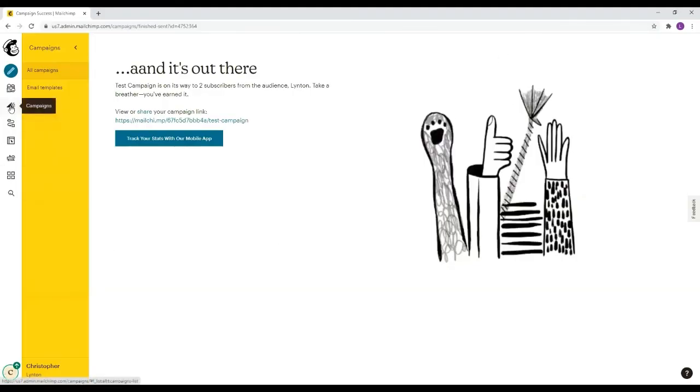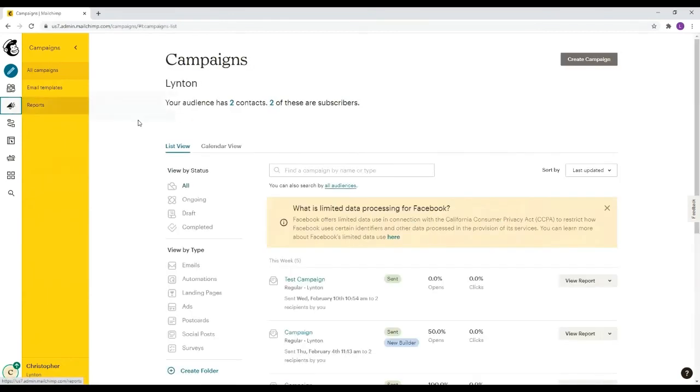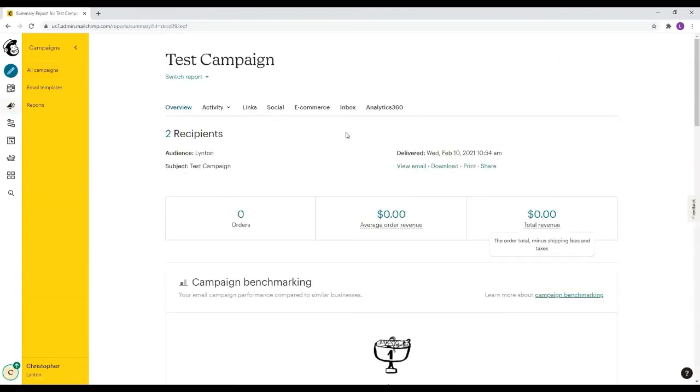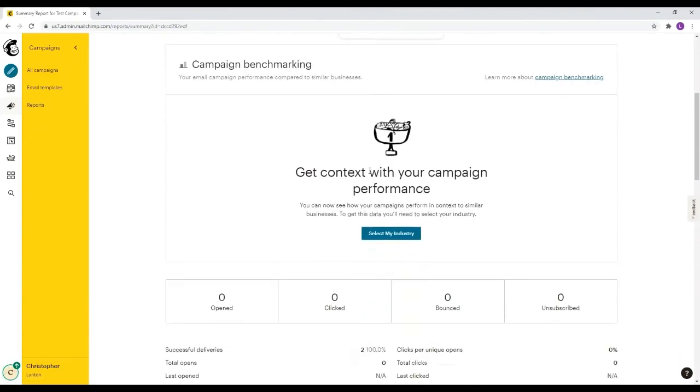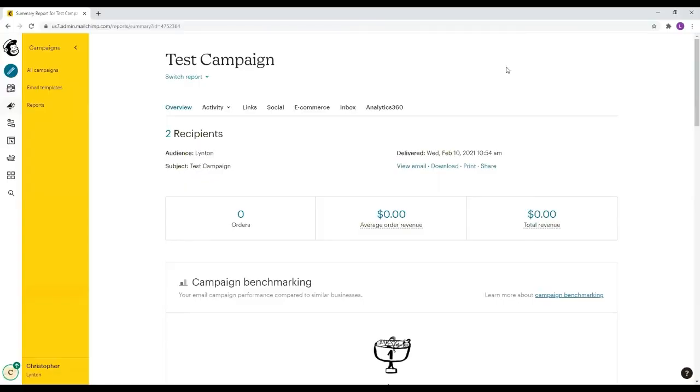So the last thing that we need to do is just go over to the campaign section so we can track and see how our most recent campaign is doing. So you can go on view report here. Obviously, if you've got thousands and thousands of recipients of emails, for example, you can see how many people have clicked on it, have opened it, if anyone's unsubscribed or if the email has bounced. And in this section here, you can also see any revenue that was brought in to your online store via this email campaign as well.